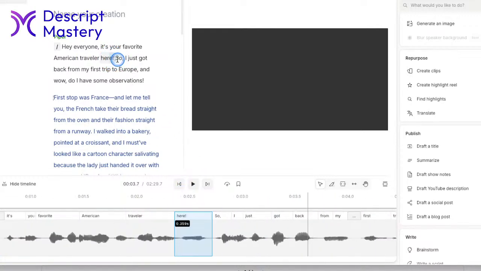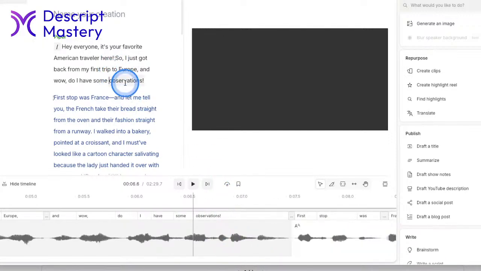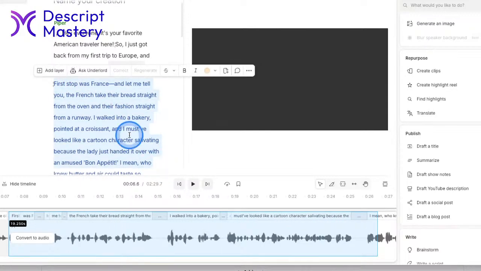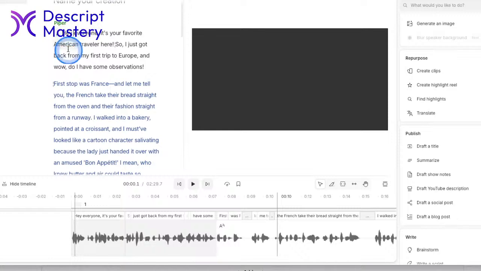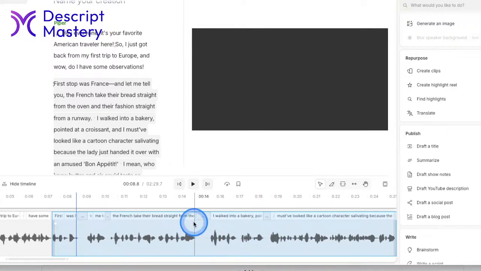So it's a little too fast with it when I took out that gap, but hopefully you can see how that works. And it's probably hard to see through the live stream, but this next paragraph I have not converted yet, so it's still a dark blue, while this one appears as black text on the transcript. And if I want to make this into normal editable audio, I click on, once again, convert to audio. And now I can start editing that.